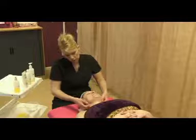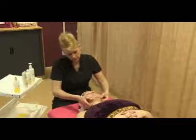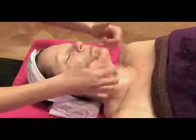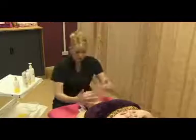This next move I'm going to go up and we're going to start to do corner flicks. Now this is a tapotement movement and it's getting ready to do whipping of the jawline, which is a tapotement movement, which means breaking contact, so therefore is very stimulating